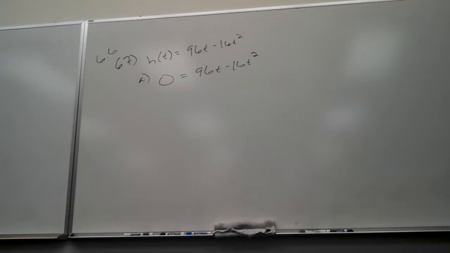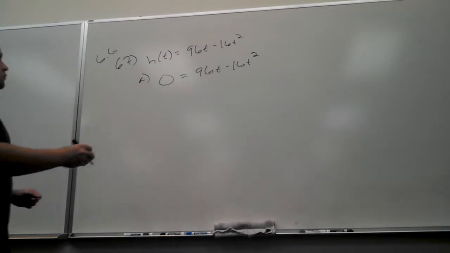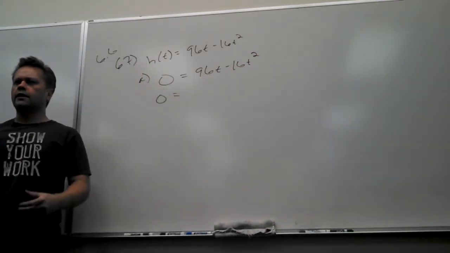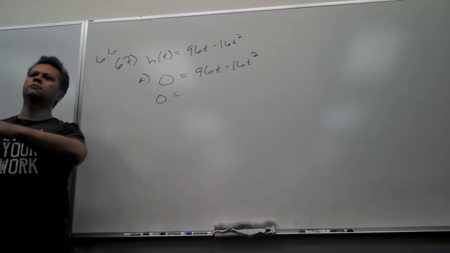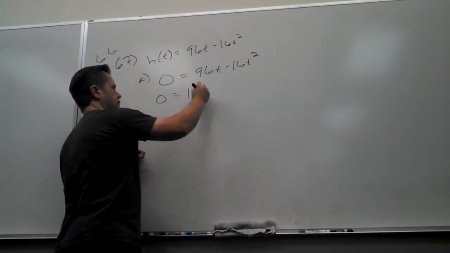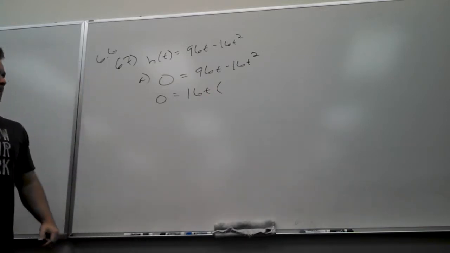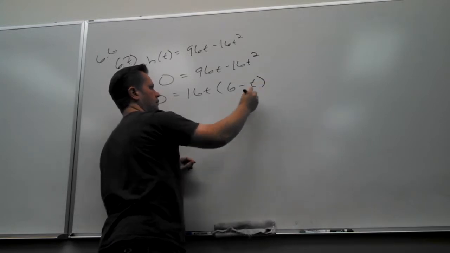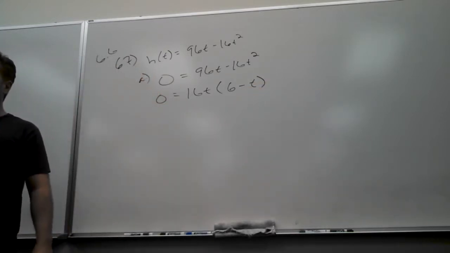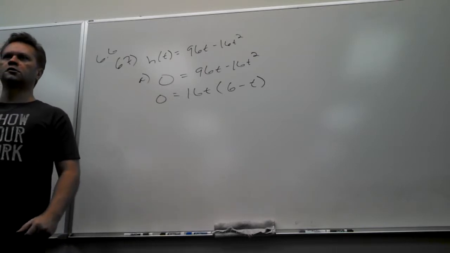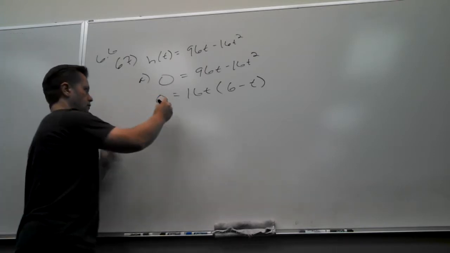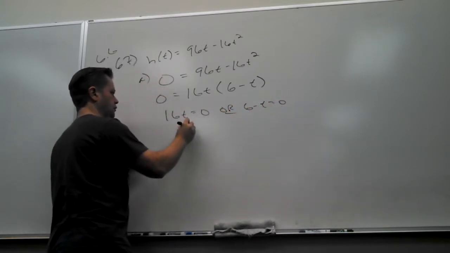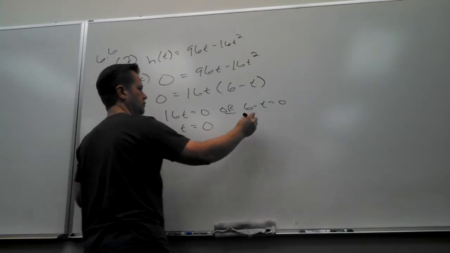All right, guys, so how do you solve this? What do you have to do? 16t? Cool. You start to factor this. It's got a higher power than 1, so I can't get t's all together. I can't solve it like we did before. So if I take the 16t out, you're left with 6 minus t. That's it. So then what do you do? We will say 16t would be 0 or 6 minus t would be 0. So you get t equals 0, or t equals